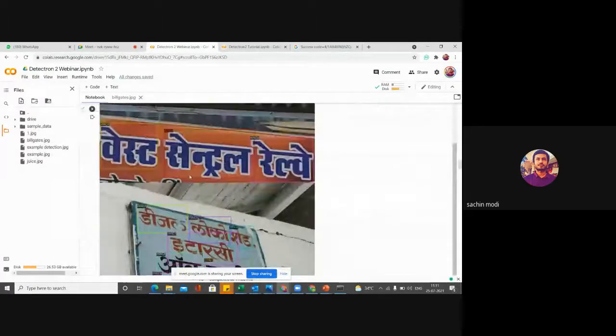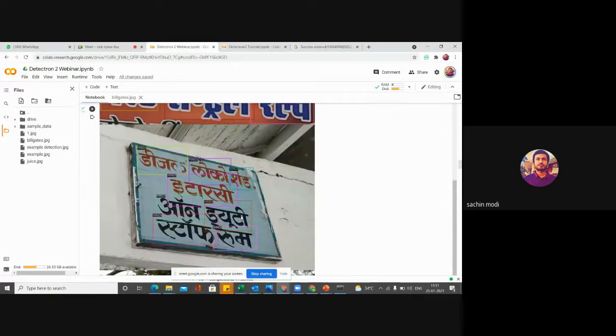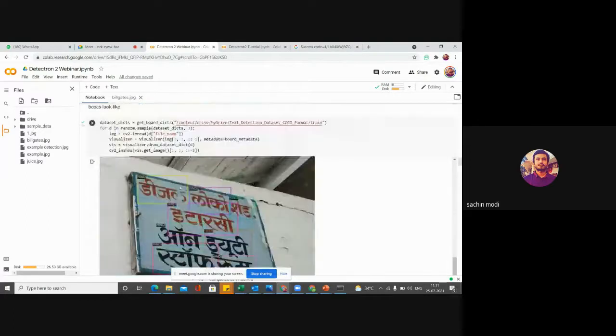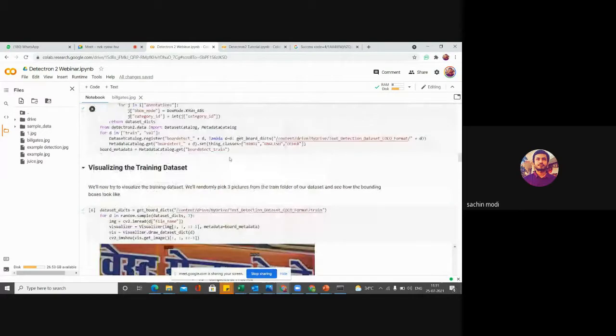So, for example, this is a data set to detect Hindi and English text in images. So these are my training images. Let's look at one of the training images.